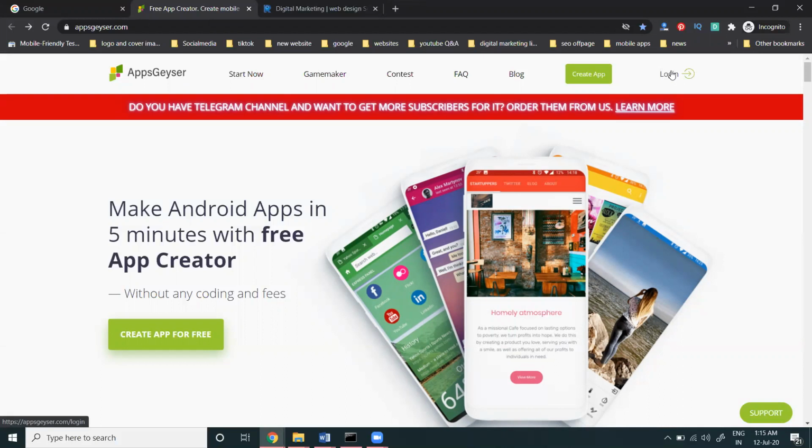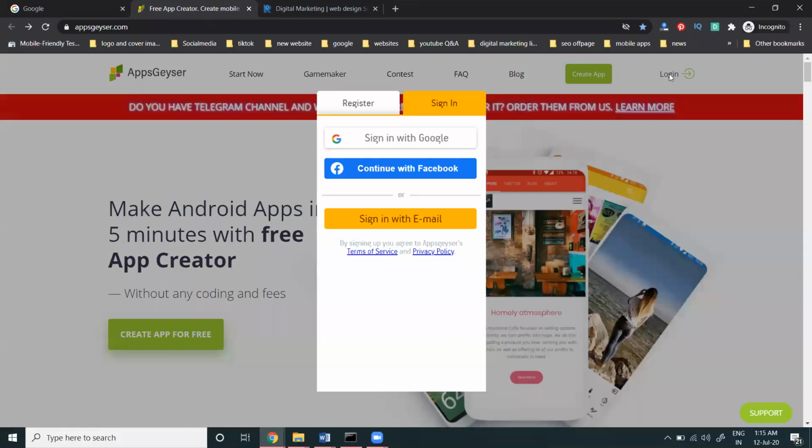First of all, log in to your account. Just one Google login will be enough. And one more important point: this APK we can upload to the Play Store. Just sign up your application here. It takes just a fraction of a second, and the sign up will be finished. The registration will be there.